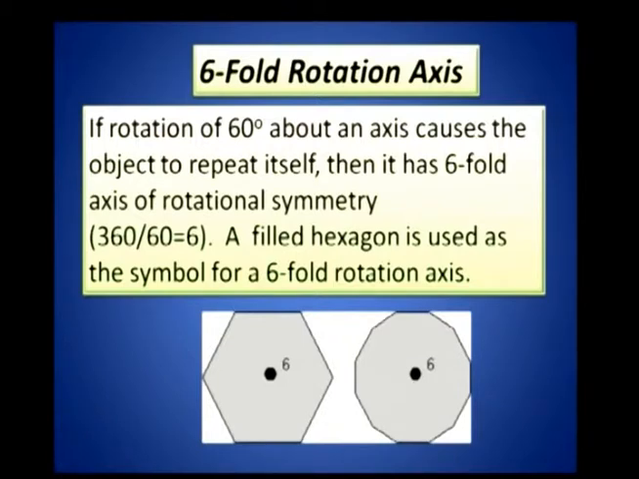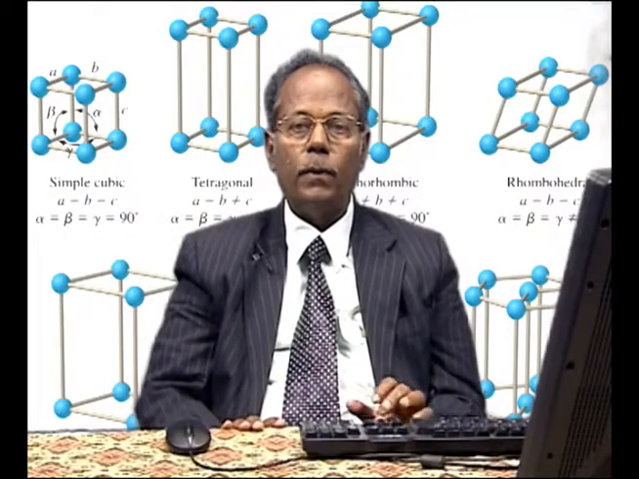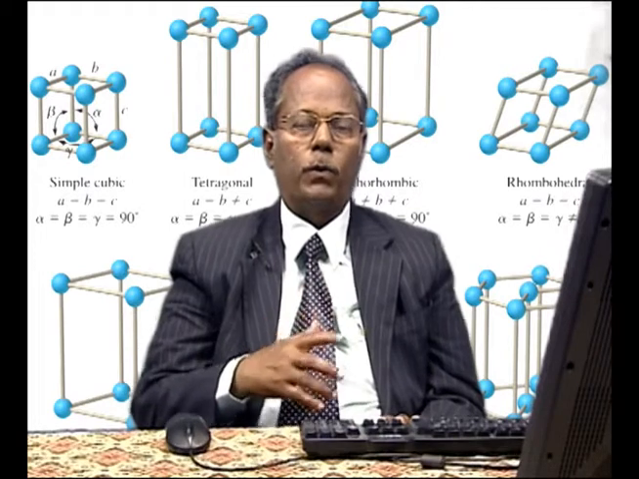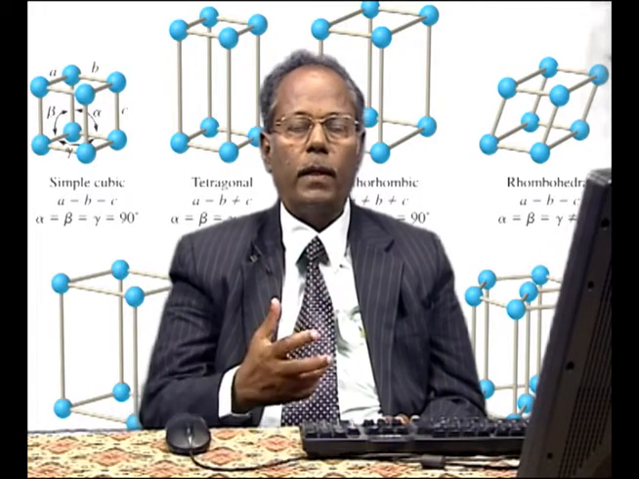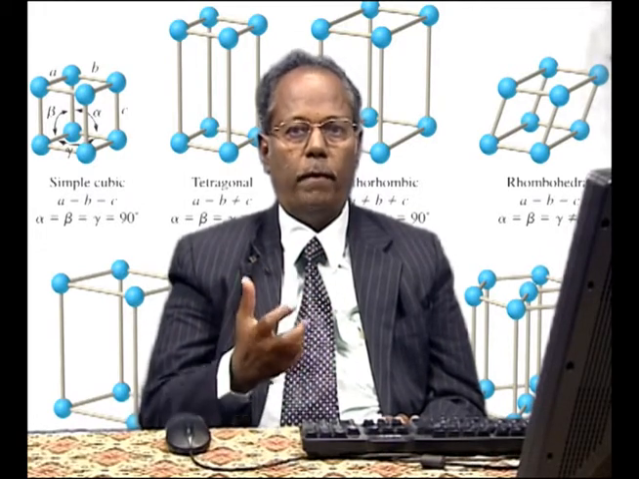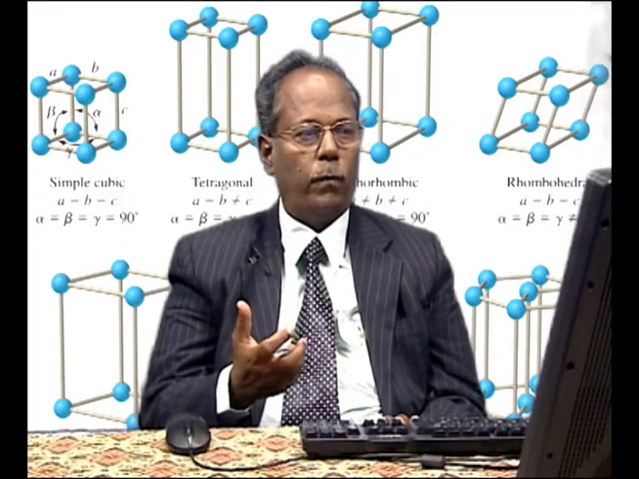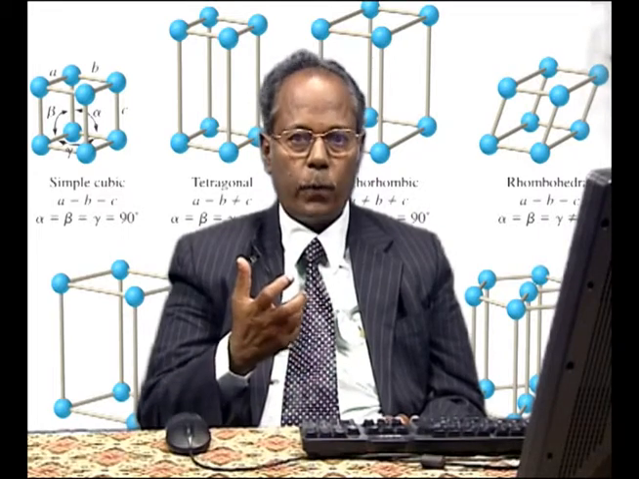A filled hexagon is used as a symbol for a 6-fold rotation axis. You have a hexagon, right? This is a hexagon 1, 2, 3, 4, 5, 6. So, a 6-sided element has got a 6-fold rotation axis. Now, I will pass on to an important geometrical proof, right? It is a very important geometrical proof. What I am going to prove from this